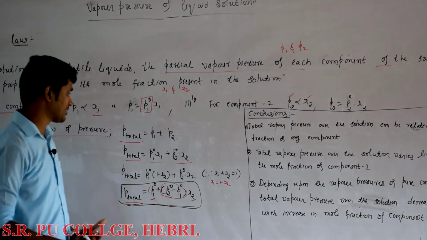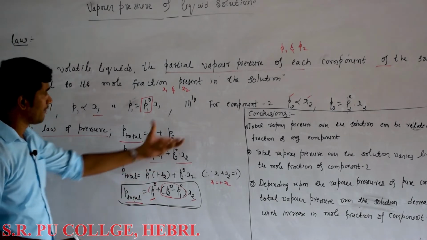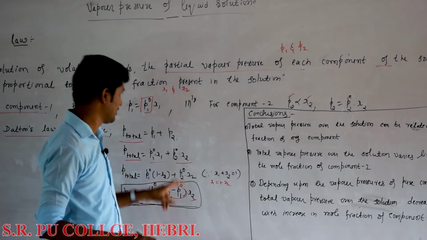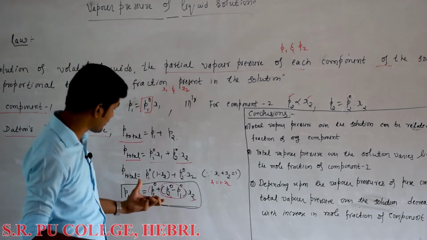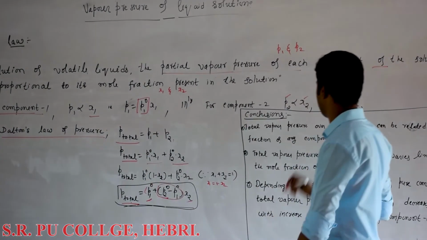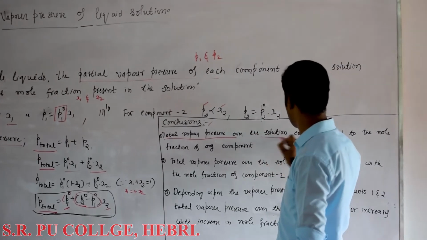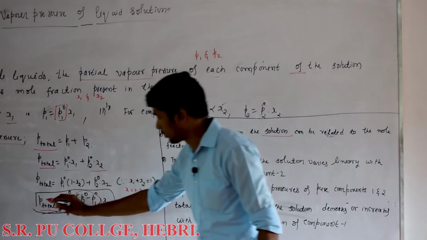Looking into this equation, the combined form of Raoult's law, we can make three conclusions based on this equation. What are those three conclusions? The first conclusion is that the total vapor pressure over the solution, that is P total,